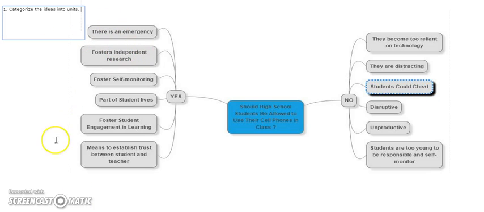So if I was to look at our yes section, based on the question, should high school students be allowed to use their cell phones in class? I'm going to look at my yes section and I'm going to reread it. So there's an emergency. Sure, that's a great reason to have and use a cell phone. Asking students to do independent research, asking to make sure that they self-monitor so that they're not constantly attached to the cell phone, realizing it's part of their lives, fostering engagement in the classroom, and establishing trust between student and teacher. When I look at these, what pops out at me, first off, are that this one,